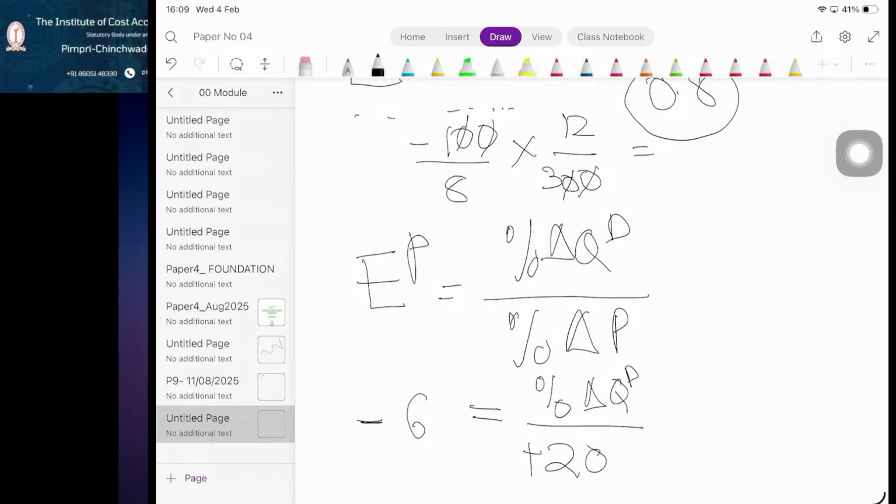You have to just look at how much will there be a change. Yes, this would cause the percentage change in quantity demanded to be